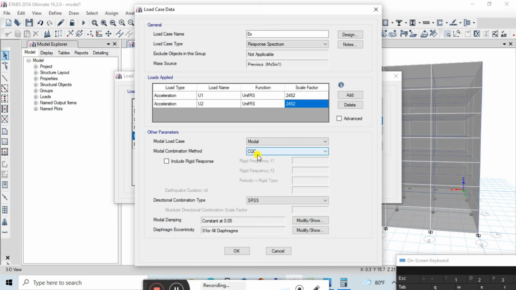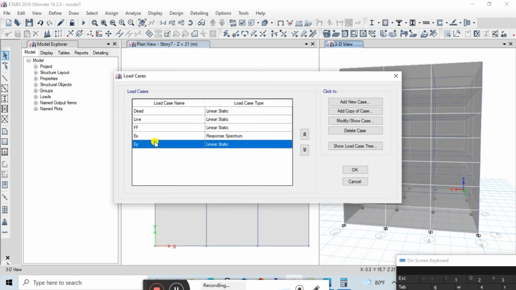Whenever the earthquake comes, this CQC method will even consider the minor acceleration of the earthquake. So you need to go for CQC method. And under the directional combination method, you can again select CQC3. And considering the damping as 5%, which is 0.05, then press OK.